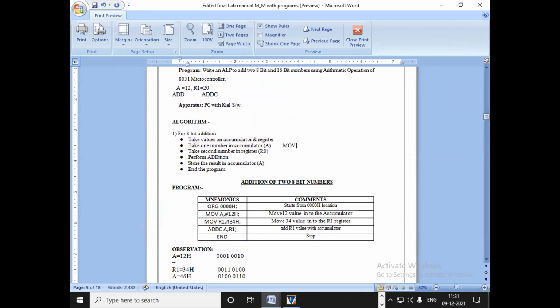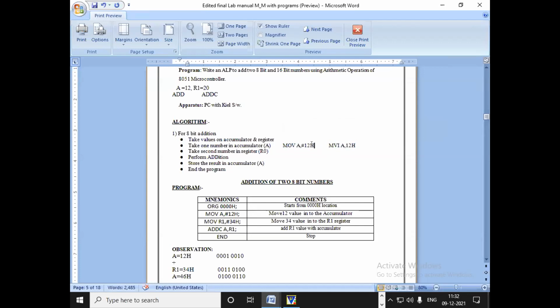So MOV A, #12h. Right. So for that purpose you require the instruction. You should know the instruction. Suppose here instead of 8051 it was 8085, what would you have to write? MVI A, 12h. In your 8051 this is called the immediate addressing mode, and here in your 8085 it is also the immediate addressing mode.